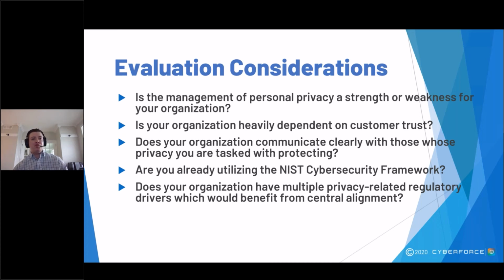The next point surrounds customer privacy and the need to maintain customer trust. Obviously, this is going to be important for everyone, but there are some industries where this is just absolutely mission critical. In these sorts of environments, the structure of this privacy framework could be very useful. It can help establish stronger practices for communicating about privacy and just being straightforward about how your organization is relying upon sensitive personal data that it's entrusted with.